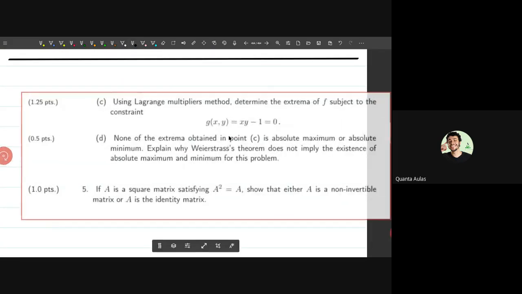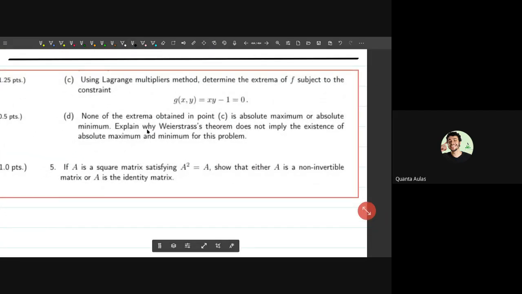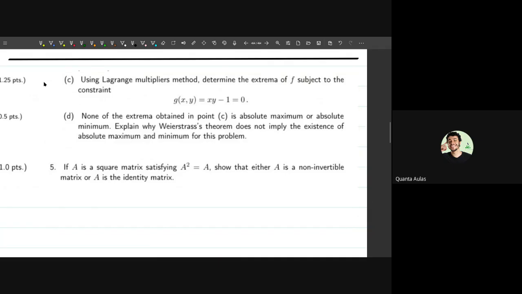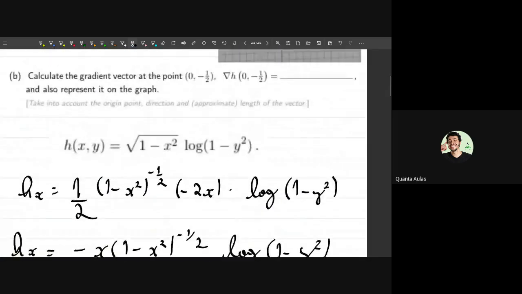Oh, we have more things in this question here. Let me see. Using the Lagrange multipliers method, determine the extrema of f subject to the constraint. Okay, this is very cool because we already did the derivatives. The Lagrange multiplier is a method to obtain critical points, maximum or minimum points. Okay, but it's very easy. We have a formula to do this. It is something like x, y, and lambda, the Greek letter. You repeat the equation,